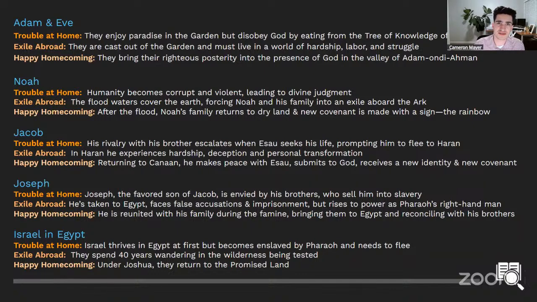This is, in an overarching cosmic sort of sense, the story of the plan of salvation, right? And there's a unique piece of restored Latter-day Saint doctrine here, and that is that there is a premortal life, right? There's a place that we come from. There was trouble at home. There's a war in heaven. And then we're in a state of exile right now, you might say. We're in the wilderness compared to where we were before.